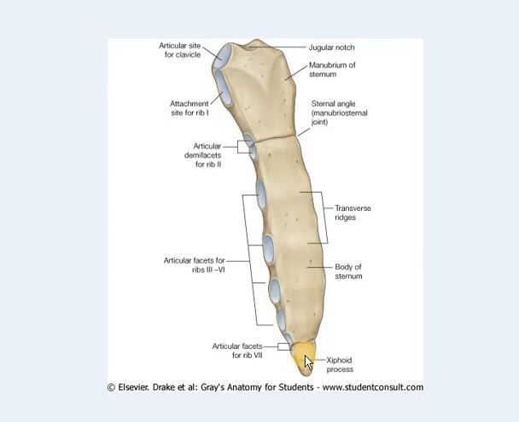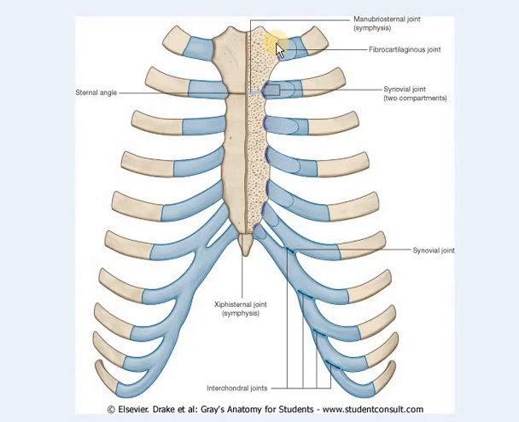Now comes the third part of the sternum, that is the xiphisternum or xiphoid process. As you can see, the xiphoid is the smallest part of the sternum, and its shape is not fixed, it is variable. In some people you can find the xiphoid process pointed, in some it is bifid, and in some it is perforated. The lateral border of the xiphoid process has a demi-facet for the articulation of the seventh rib.